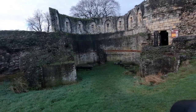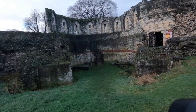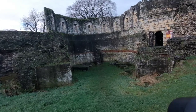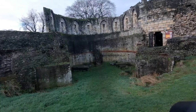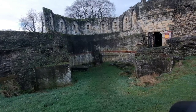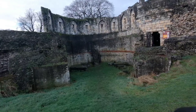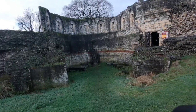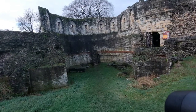Hi, well here we are at the Multangular Tower in York. We're actually on the inside of it, and you will notice that it's actually octagonal. You can't quite tell from this angle, and you'll notice that there are smaller stones at the bottom there. That's actually the Roman part, and up at the top, that's where we find the medieval walls that were added